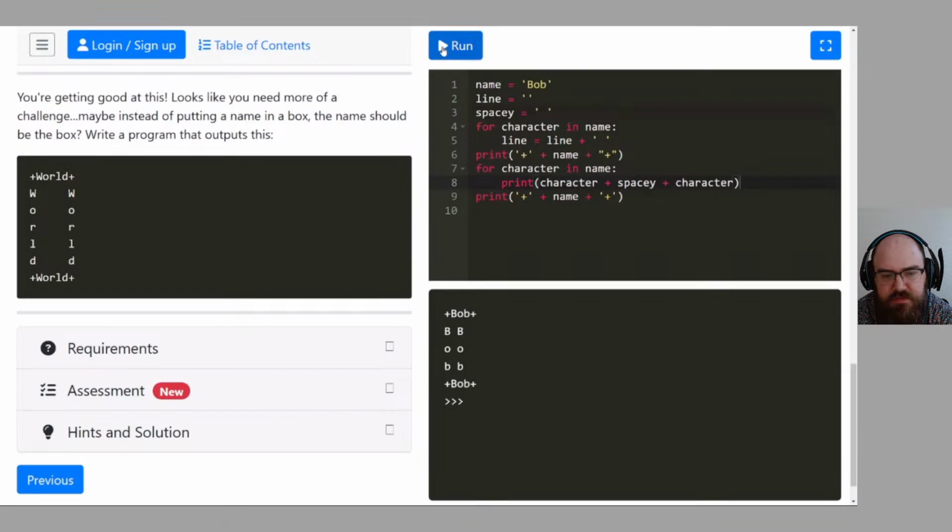That's not gonna work, because it's only one space. Well, let me change this back to world. How do I make it match the same? Well, I feel like I have to do something like this.